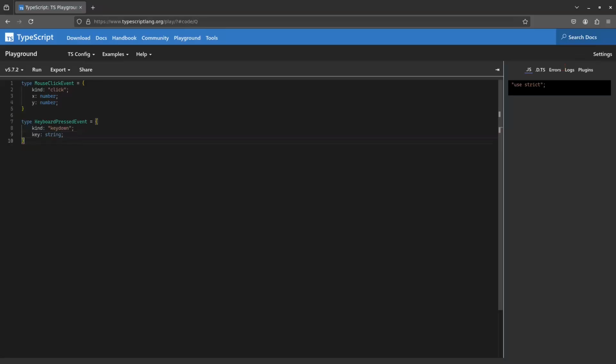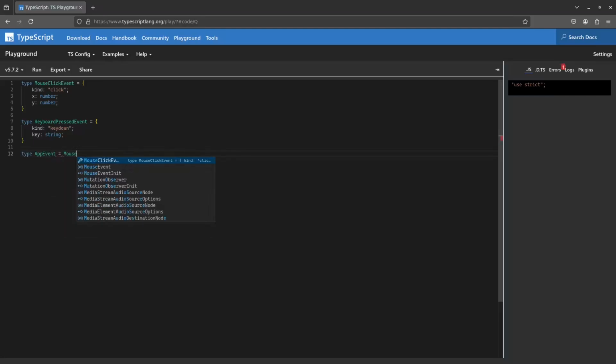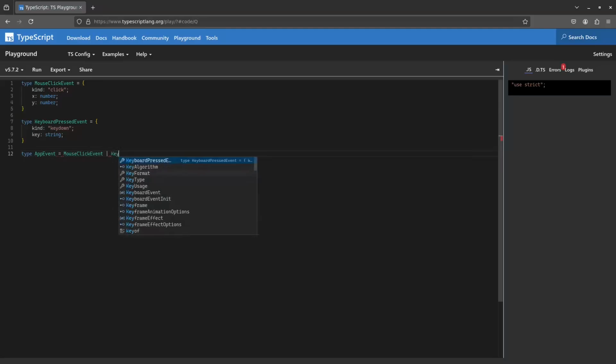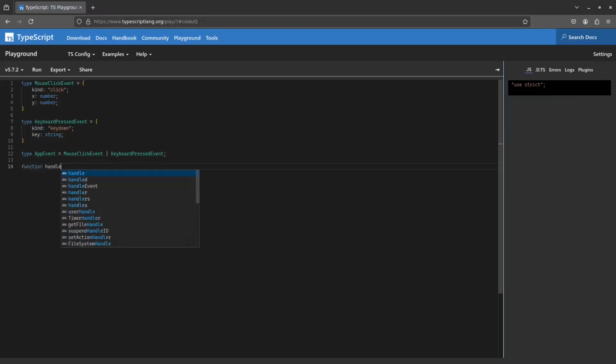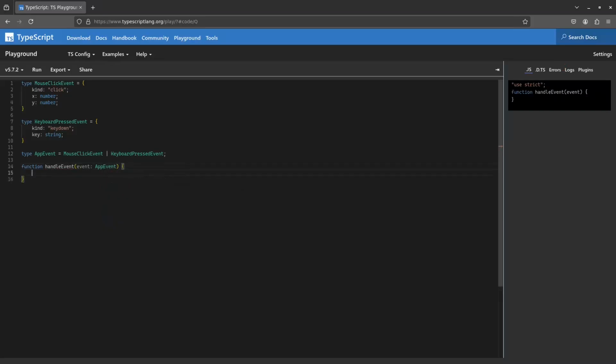Now we can define a union type, and for that we're just going to call it AppEvent, and we're going to set it to be the union of the mouse click event and the keyboard pressed event. We can now define a function that will handle this event, and we can accept an AppEvent as the parameter. Notice that it's the more general union type, so we can't just directly use event.x or event.key, because